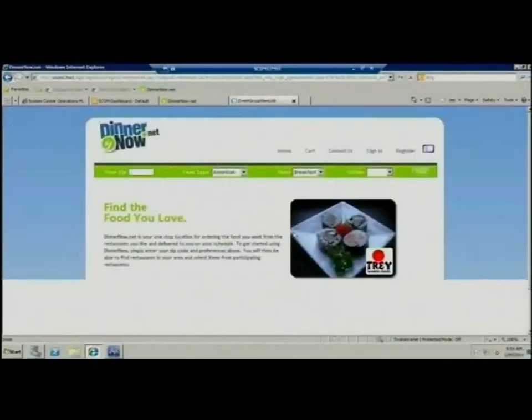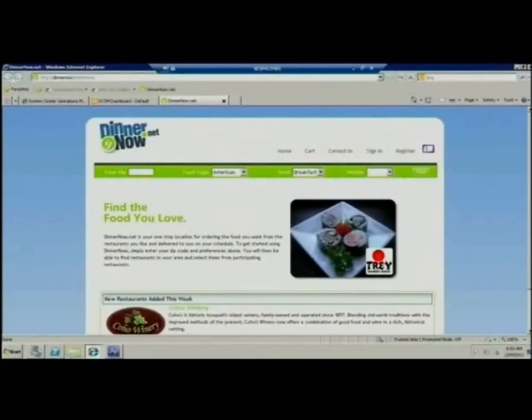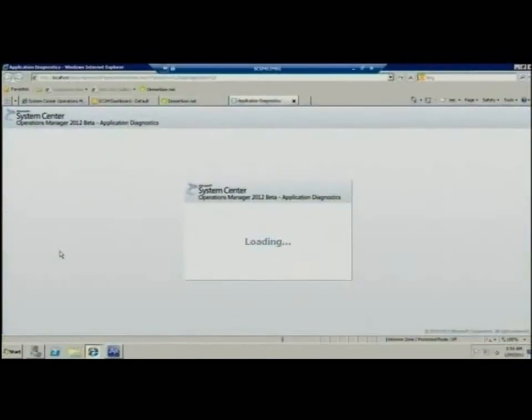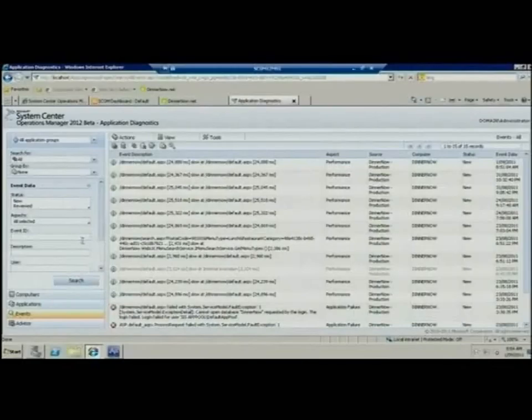Okay, but say I don't want to give our developers access to the console. I can give them permission to access these additional two applications. Firstly, the Application Diagnostics tool. When I come into this tool,